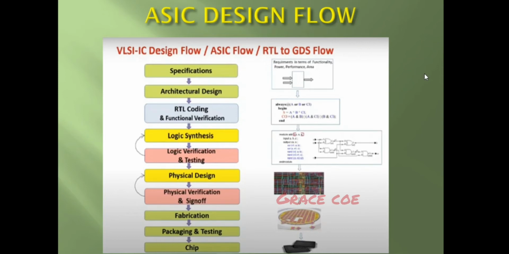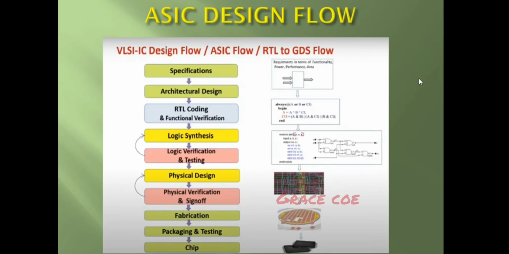Translate means the high level RTL code, the algorithm which we have written in either Verilog or VHDL, is converted to corresponding logic gates. Then mapping, the tools will actually map the logic gates with the required technology, which can be either 20 nanometer, 40 nanometer, etc. Then optimization is done in terms of power, area and timing. At this level, the design for test insertion is also done, that is DFT. This DFT is specifically followed only for the ASIC design, whereas in FPGA design this portion is not coming into play.